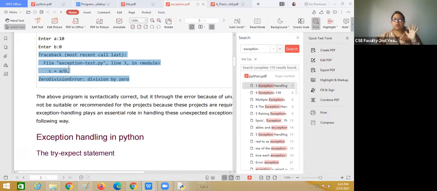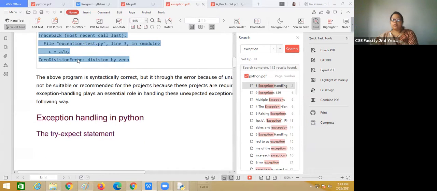This you can handle on your own. In spite of 4 lines, you can write only 1 line: this is not possible as the division by 0. This type of statement you can write instead of 3 lines.